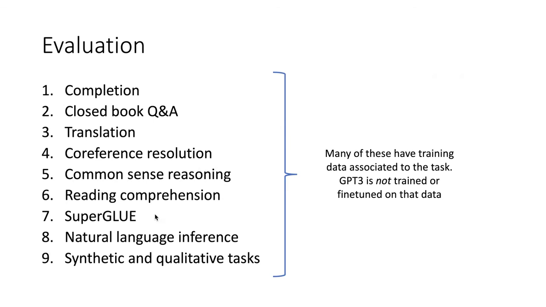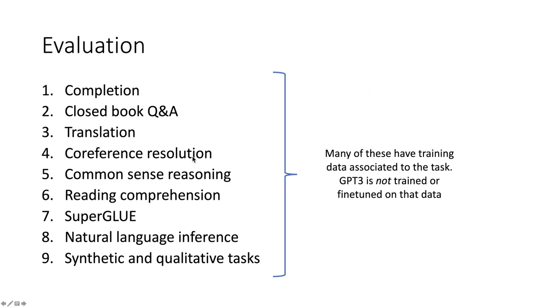Okay, so a huge chunk of the paper is them evaluating GPT-3 on a bunch of things. So I learned a lot about a bunch of data sets that I'd never heard about, and lots of acronyms that I had to look up. There's basically 9 broad tasks, and then within each of those broad tasks, there's a bunch of data sets. The kind of tasks they're looking at is completion tasks, closed book Q&A, so you cannot look into a reference before answering the question. There's translation tasks,